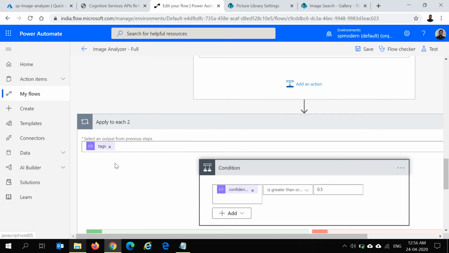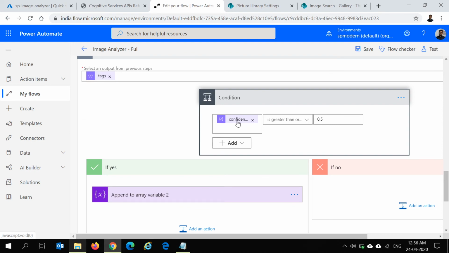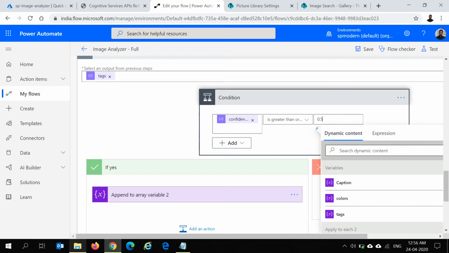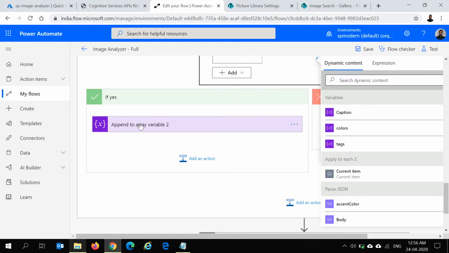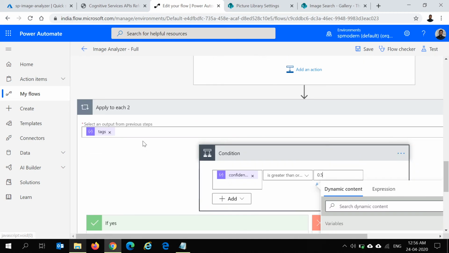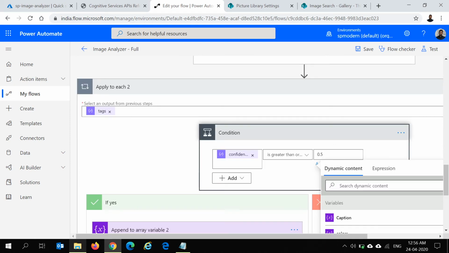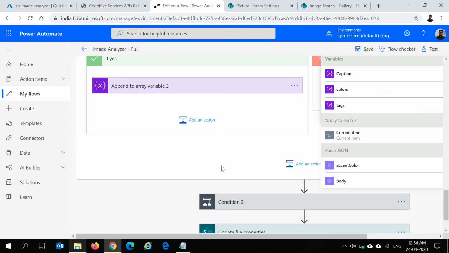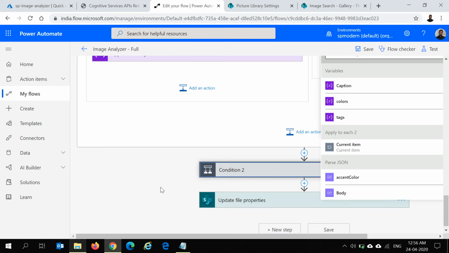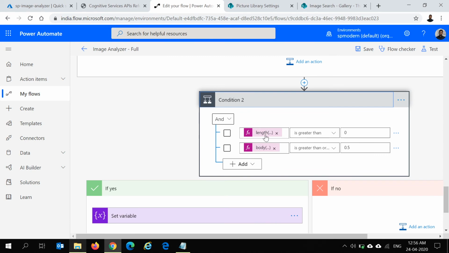In this case, before pushing each tag into the tags variable, we check the confidence score of the tags. In my case, I'm checking if the confidence score is greater than 0.5, and then I push it into the array variable for tags. Depending on your case, you could put a higher confidence score so that you get better results.